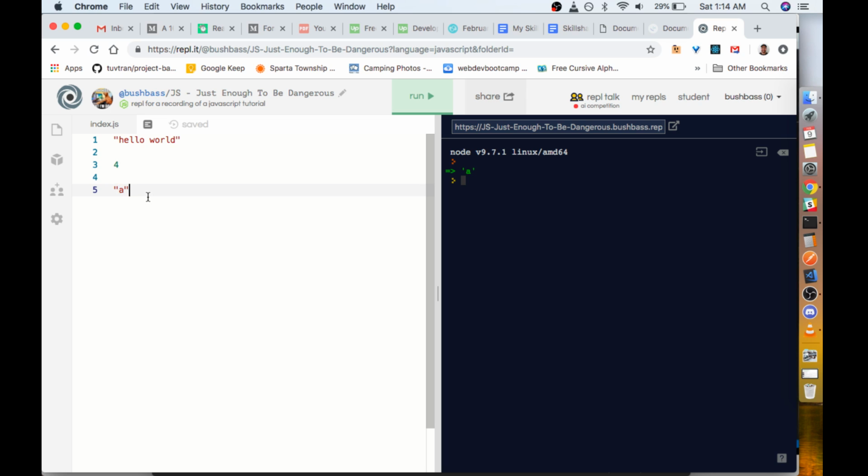Okay, so let's do another string, right? Okay, what should we get back here when we run this? That's right, the quick brown fox. Right, so let's say we wanted to repeat that again. For some reason, we had a program where we needed to repeat that a lot. You don't need to be typing that every time, over and over and over. So what you can do is you say let,